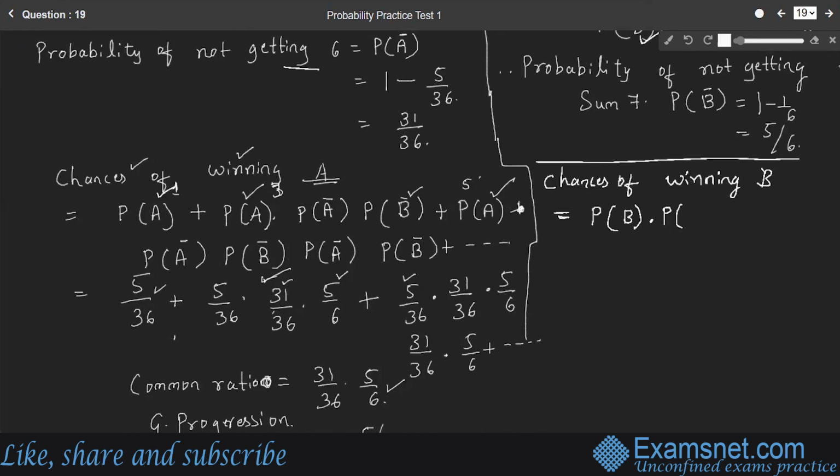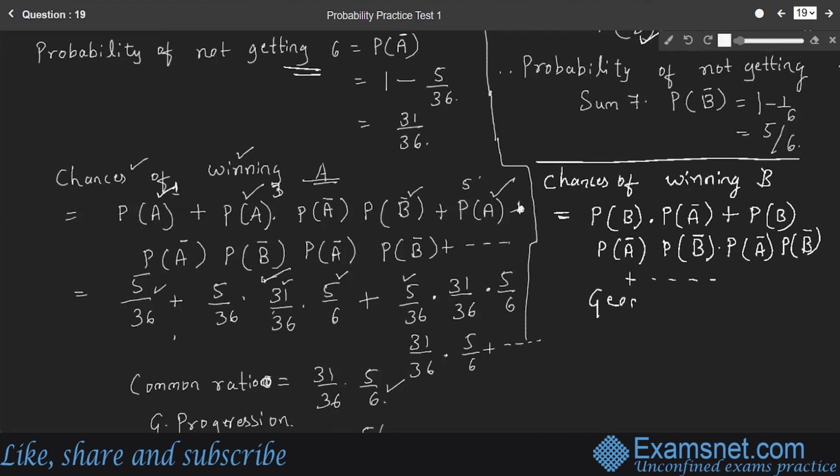So probability of not getting sum 6, which is P of A complement, plus in the next case, when B throws the dice, it becomes P of B, probability of getting sum 7, into probability of not getting sum 6 by A, into probability of not getting sum 7, again probability of not getting sum 6 into probability of not getting sum 7, and it continues. Therefore, again a geometric progression